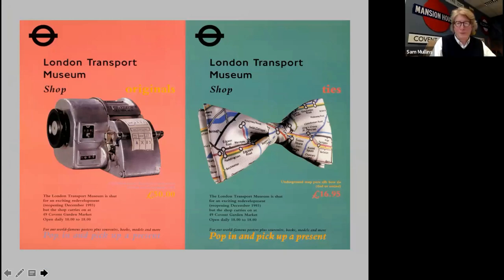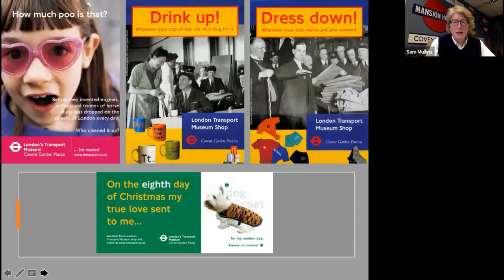I guess we've popped a couple of pictures in here to talk about the entrepreneurial promotion of the museum and the shop in particular. We mourn the days when it was possible to buy a Gibson for £50, but it just shows the kind of brilliant use of story and collections in the promotion of the museum, which of